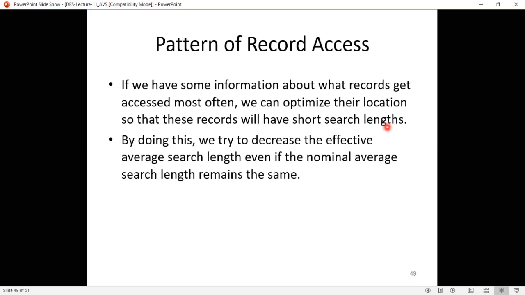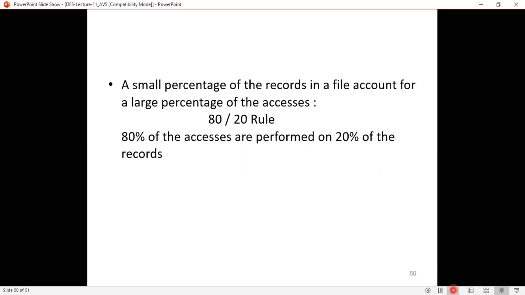That is called pattern of record access. By doing this, we try to decrease the effective average search length, even if the nominal average search length remains the same. A small percentage of the records in a file account for a large percentage of the accesses.